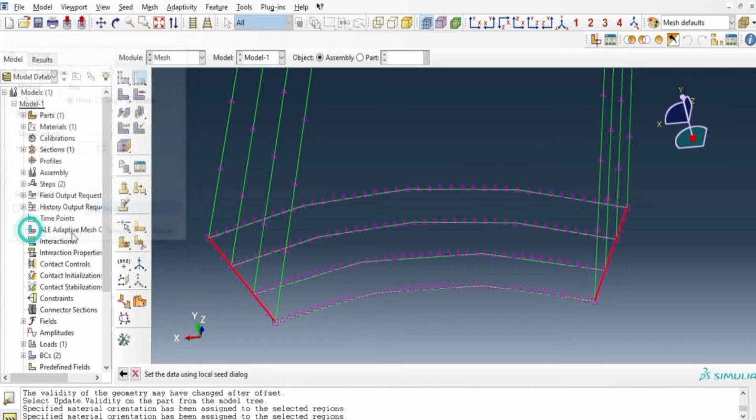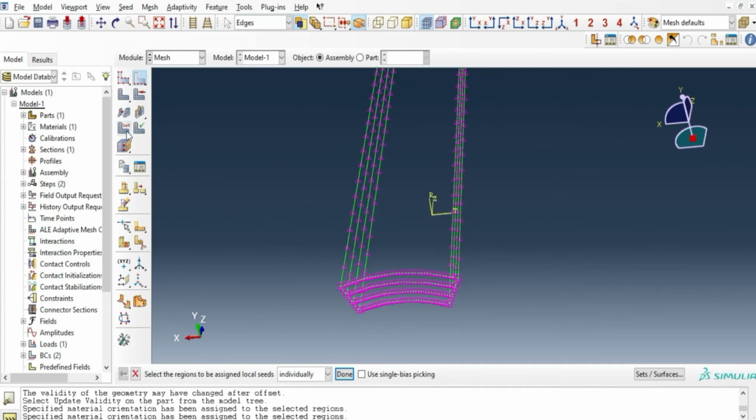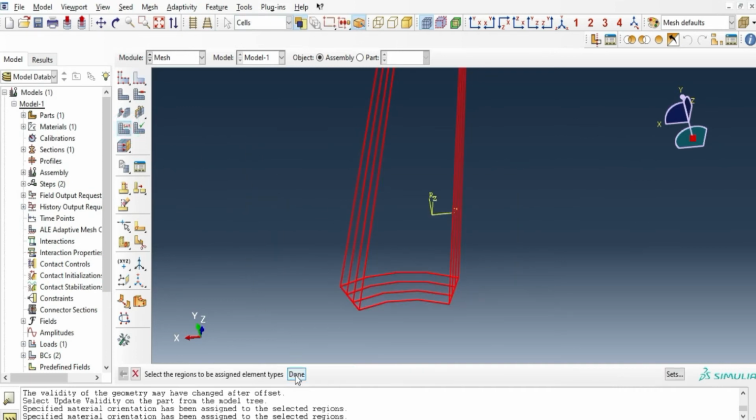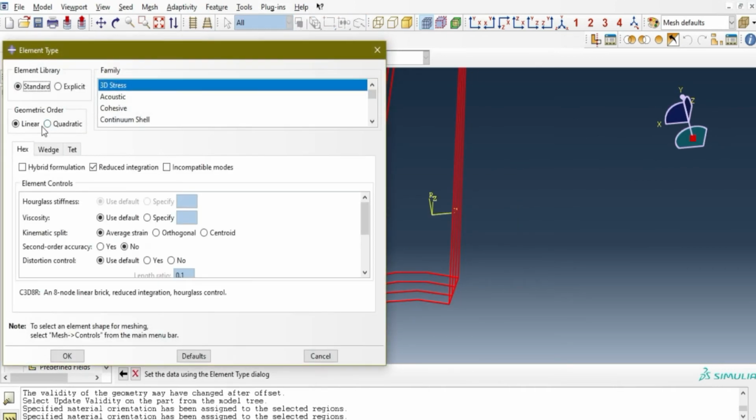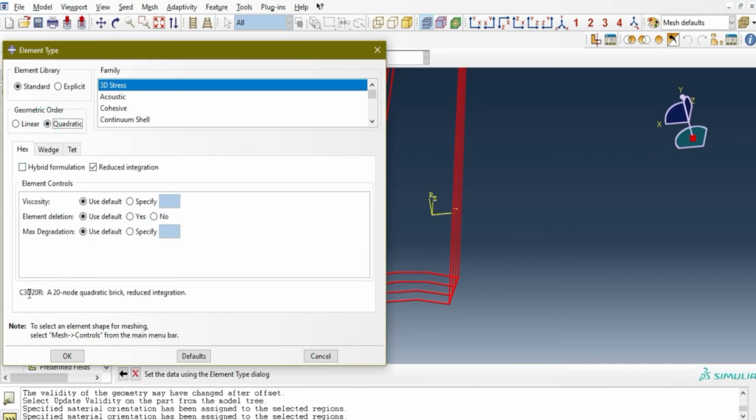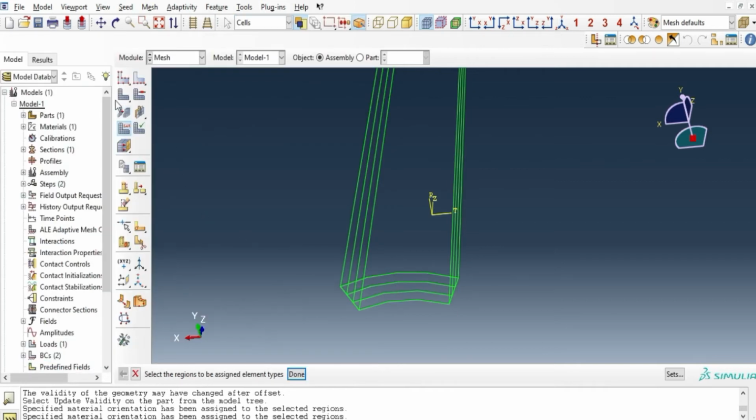Once all the nodes have been placed, go to define the type of elements, and this is 3D stress elements with quadratic type, and mesh the part.